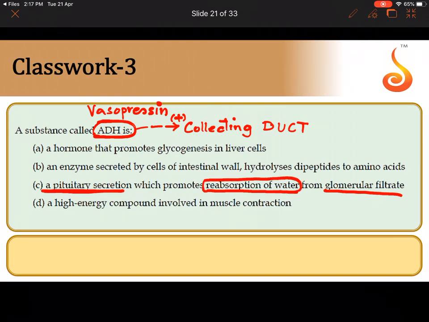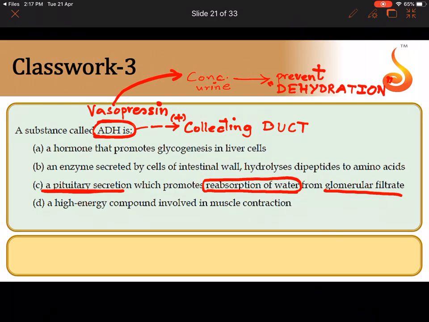And in the synopsis, we had learned why it is called antidiuretic hormone, because when the vasopressin is acting normally, the person will produce concentrated urine, not highly concentrated, the normal concentrated urine. And this condition where there is production of normal concentrated urine is very, very important to prevent what? To prevent dehydration, because you are taking away the water from the urine back into your blood, and therefore you're conserving the precious water, you are not unnecessarily losing the water from your body. That's why it is called anti-diuretic hormone.